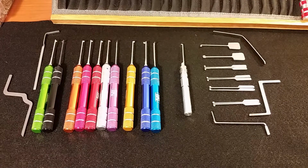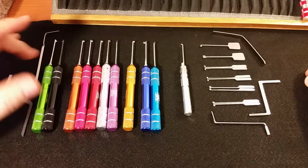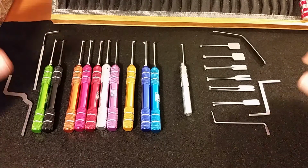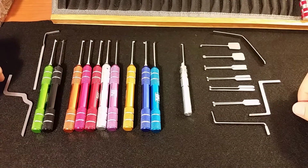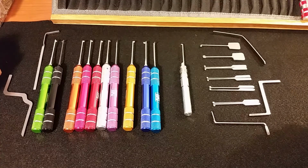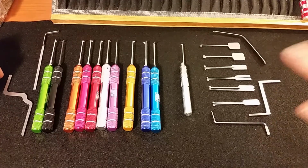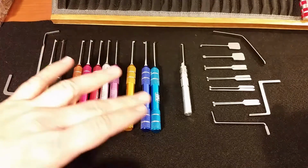Everyone, got something a little bit different for you today. I'm going to give you a first impression of this Honest Dong Dimple kit set. And there's one thing that you're not going to see out of this set in the review, because that one thing was absolute garbage and it was even hard to look at, and that was the case. So you're not going to see the case,